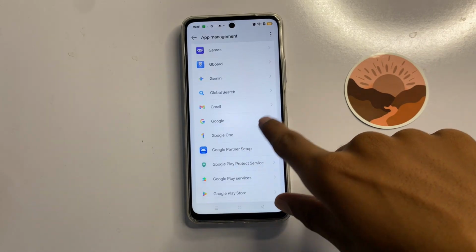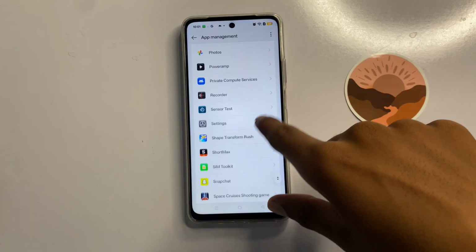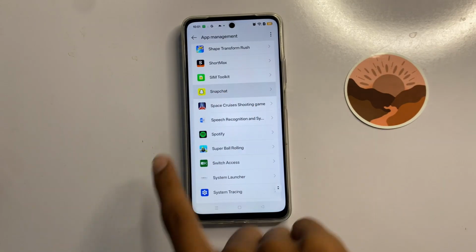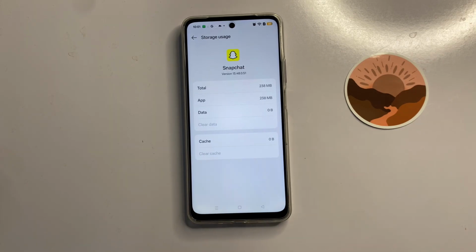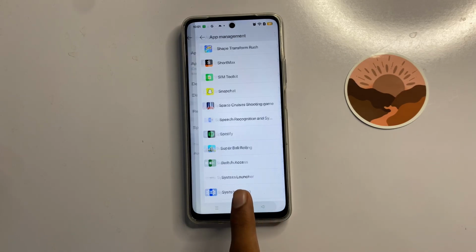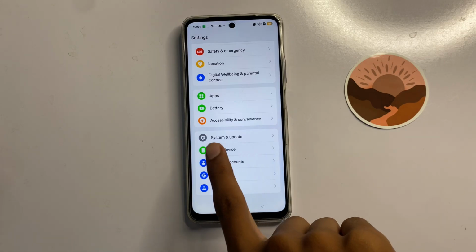Now scroll down and click on Snapchat app and click on storage usage. Now here you can clear the cache memory of Snapchat app. After clearing the cache memory, go back to the main page of your settings and click on system and